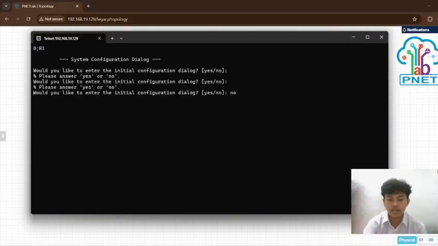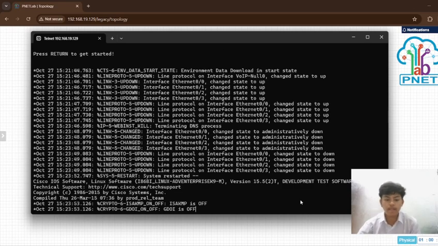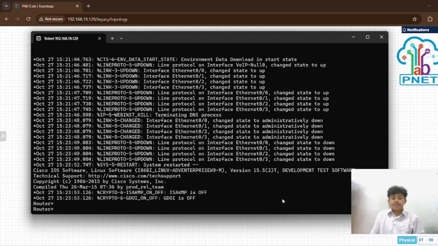Wait until the CLI starts, because PNET is loading and the first two routers will start.